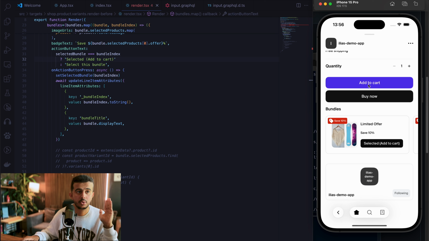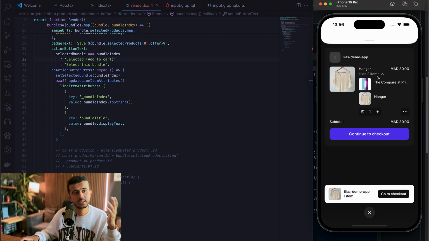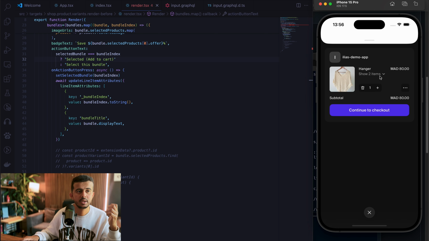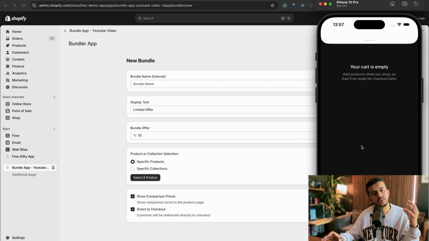I will need to click on add to the cart. It requires a user interaction. We can go here, and as you can see here, we have the item as a bundle. And for this Shop